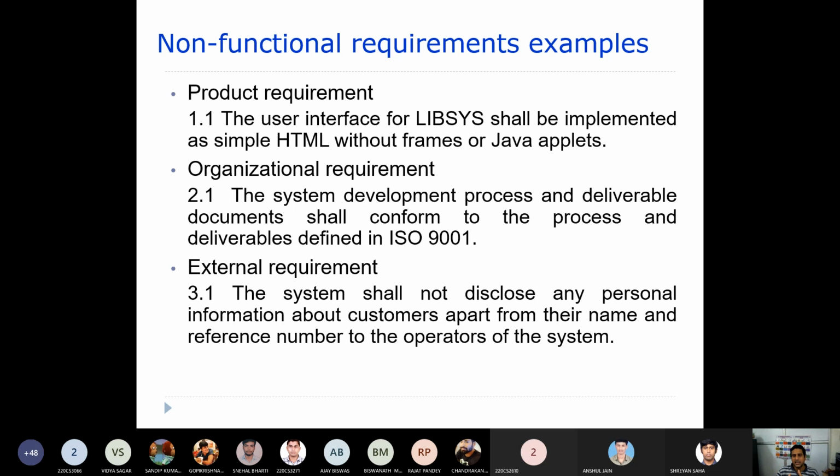But here, the requirement itself is this. The user is saying that we want this sort of interface. So any requirements that are related to the design can be part of your design specification. Is it clear? Yes, sir.